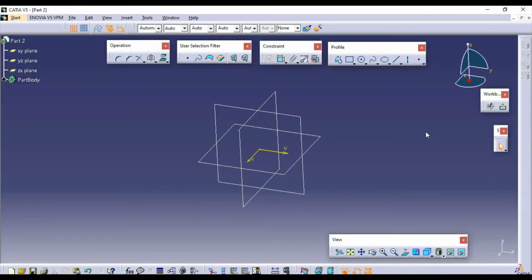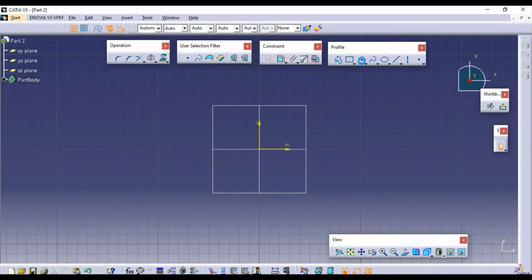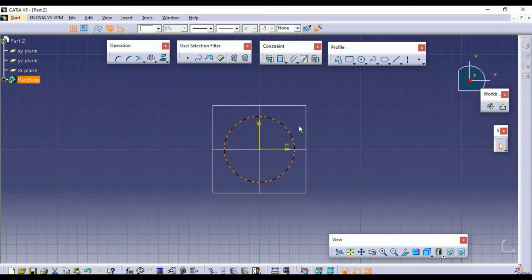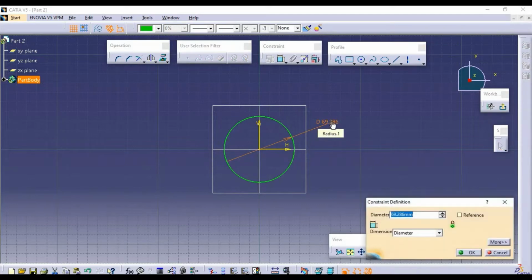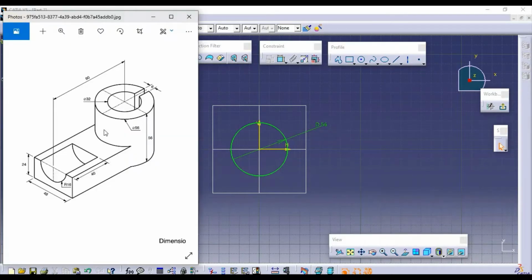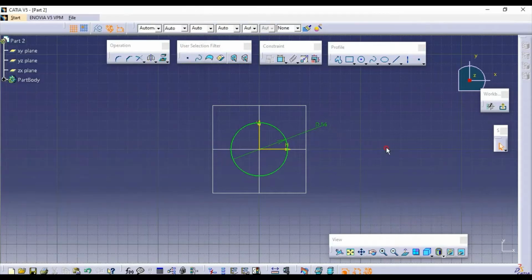We will draw two circles. You can see the center orientation point, so draw two circles on the center point. To give the dimensions, just double click the dimension, a pop-up window will open, and you give the dimension. I am giving 56 mm for my first circle. Here you can see we have two dimensions, 56 and 32 diameter. The 56 I have already drawn; next is the 32 diameter, so I need to draw one more circle.